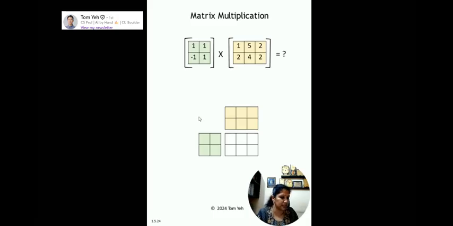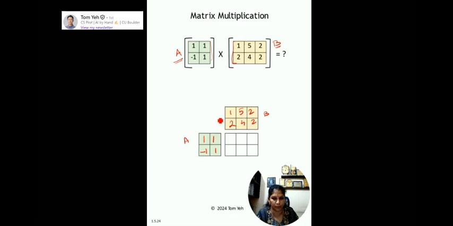Now dear friends, kindly observe, it is an enhanced manner of matrix multiplication. So here we have two vectors, vector A and vector B, with different dimensions. And as I have already specified, the number of columns of the first matrix should be equal to the number of rows of the second. So here, let me take the matrix A as 1, 1 and minus 1, 1. And observe the matrix B, it has the values 1, 5, 2 and 2, 4, 2.